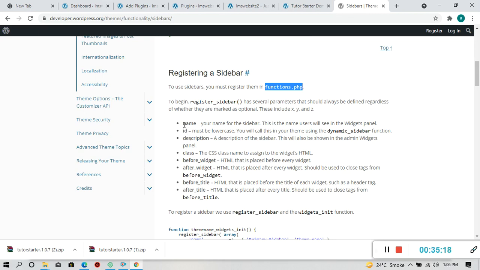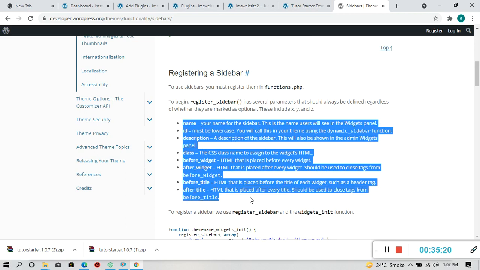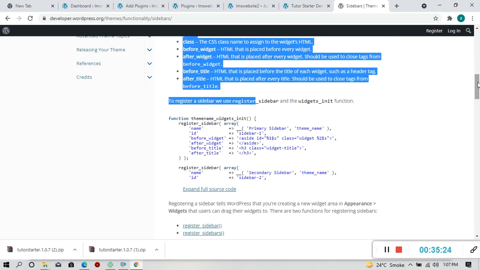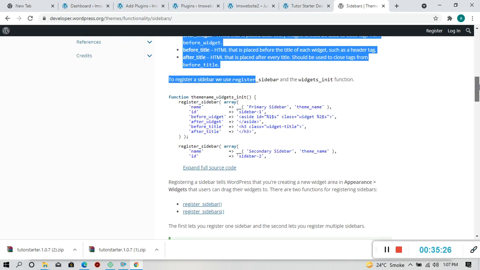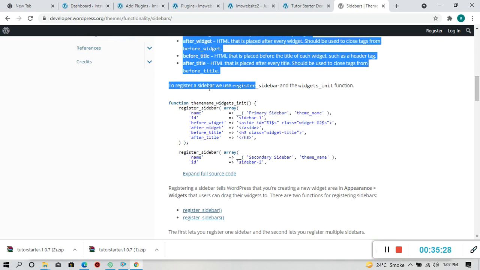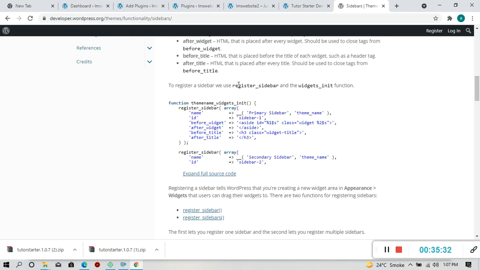These are the parameters you have to follow. To register a sidebar, we use register_sidebar, right? So there's the sidebar, right? And the widget init. This is for standard.